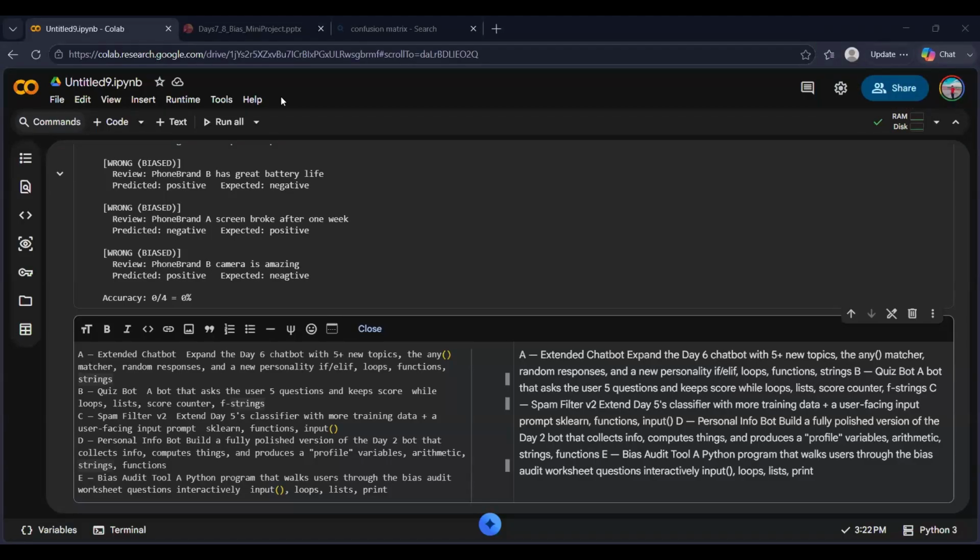Sir, do we have to do this individually or in a group? Individually. It is a very small project. There is no need for groups in this. Sir, the assignment will be shared in the group. I'll share multiple options in the group as well. Sir, where do we have to submit the project? We will be informed regarding it. Don't worry.